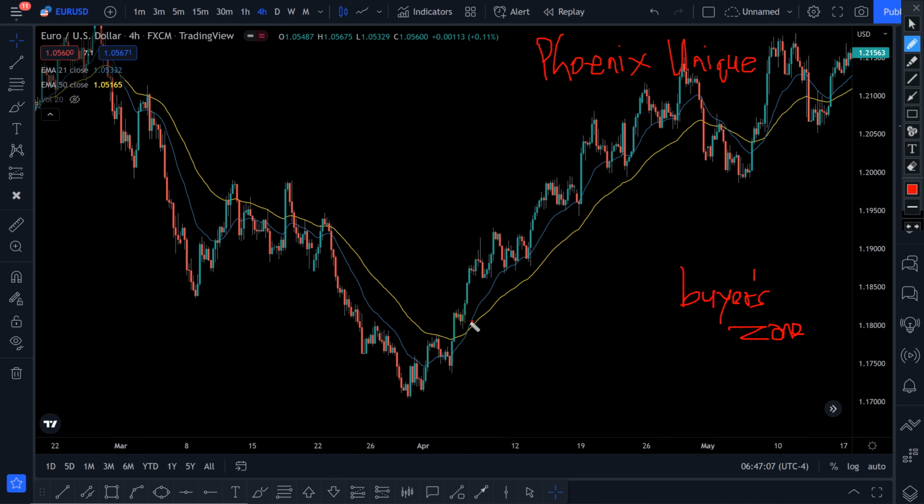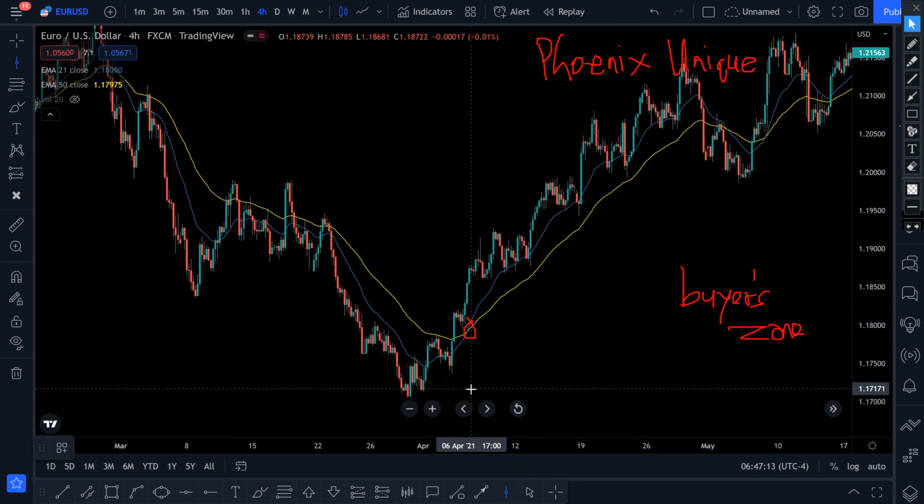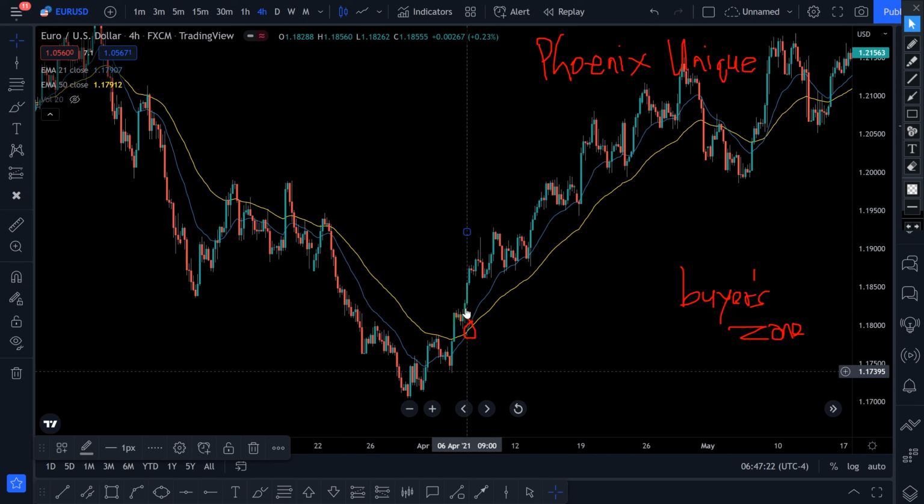On the crossover, you use your crosshair, or preferably use a vertical line that tallies with the crossover. So that means this is where your entry, you should be looking at entering. But you're not just going to enter once you see the crossover. Okay, your entry is going to be once the next candle